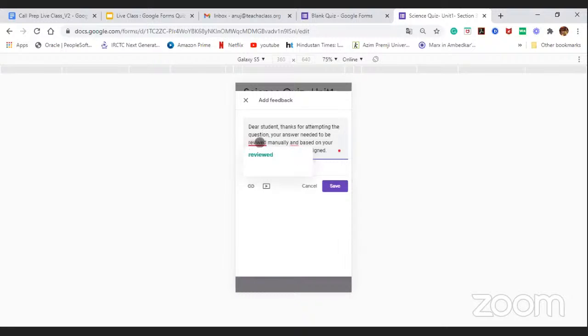So that's how you can write an instruction for the students so that they can also get confirmation that this question needs to be reviewed manually. That is why they haven't received any marks yet, but they will get the marks in some time. So that is the description you can provide to your student, and you can also type,